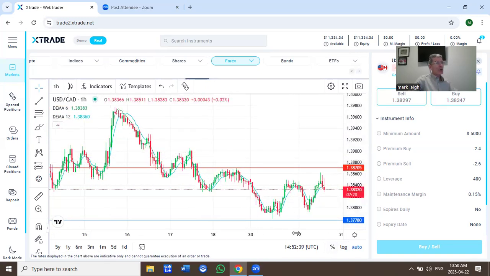That's the range I'm talking about. Buying off support levels, support area, that's at around the 138, and selling as soon as it gets close to the 138.60, 70 area. So let's see if the US dollar, the little bounce we saw through the Asian and European session, whether that can be maintained during the US session, or whether we see US dollar getting sold off again through the US session, as we have seen last week and certainly yesterday.